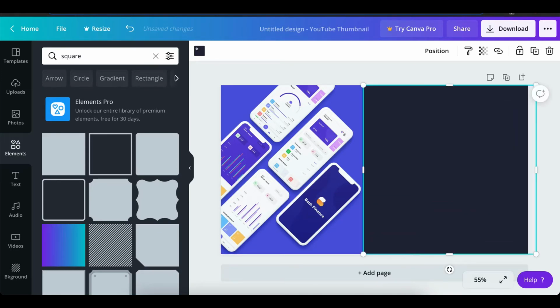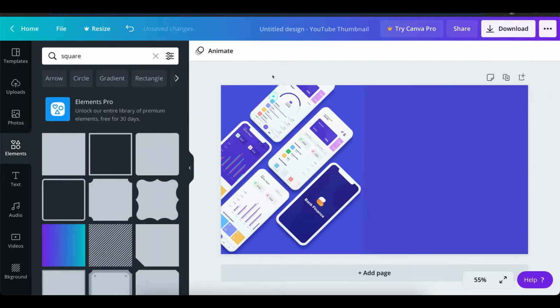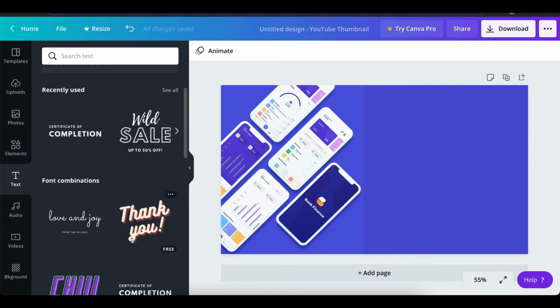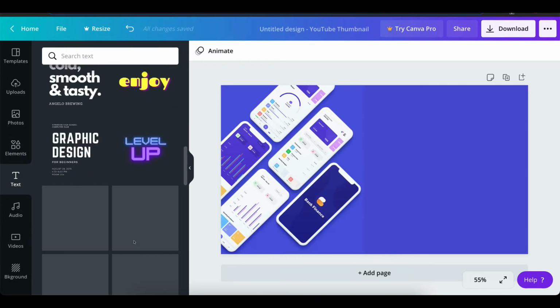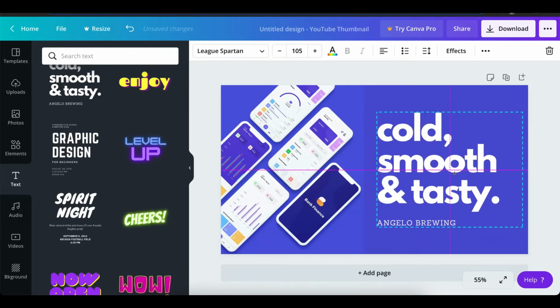Okay, I'll select this one. Now I'm going to select the color of that. Okay, now I'm going to add the text here. I personally like this one. You can write here